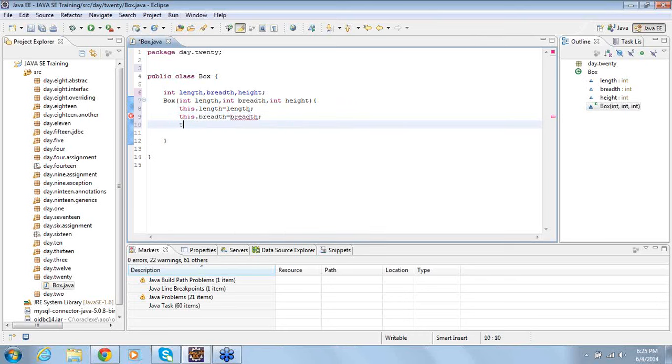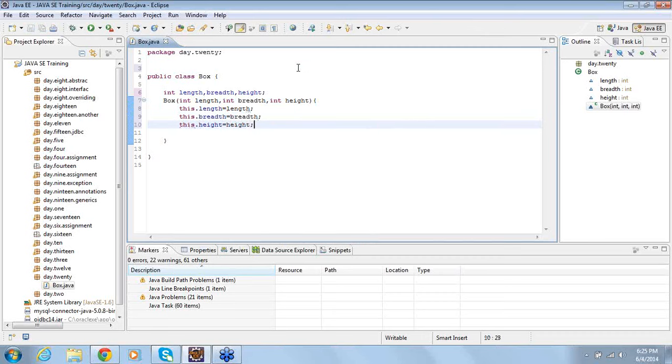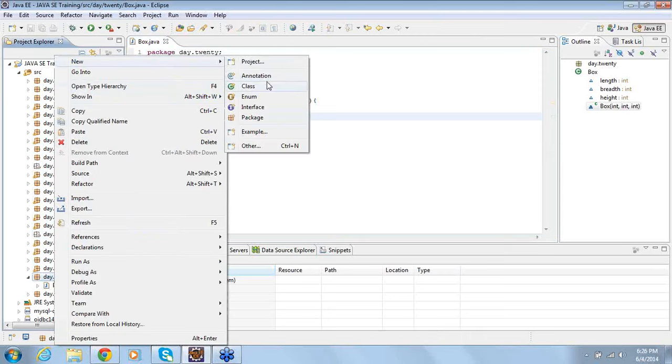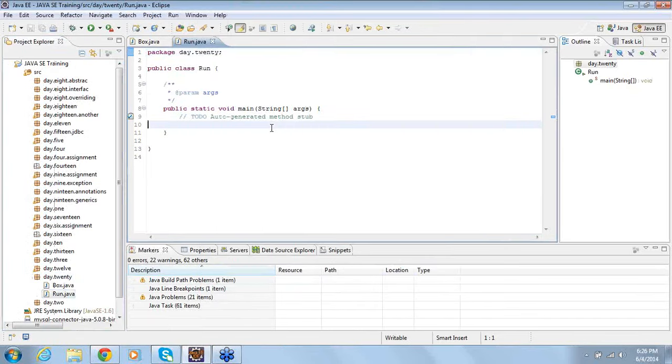Now I will create another class called Run with a main method. Within this I will be able to create an object of the class Box.